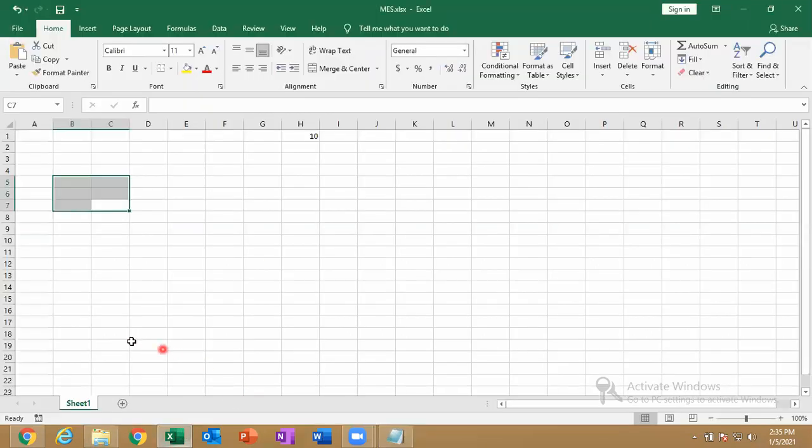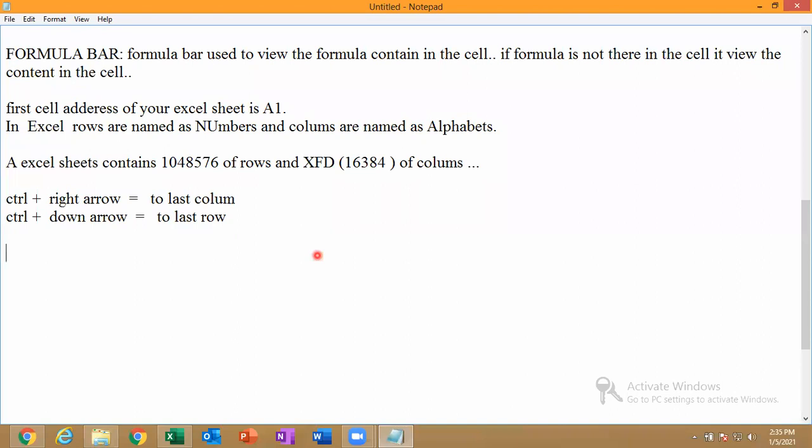Just let me come back to here. And finally here at the bottom, this is the application status bar. By default I have one sheet. An Excel file contains one sheet by default. Up to 2010 there were three sheets by default.